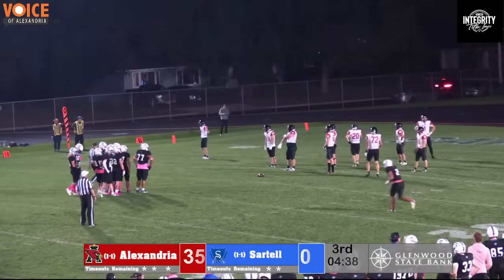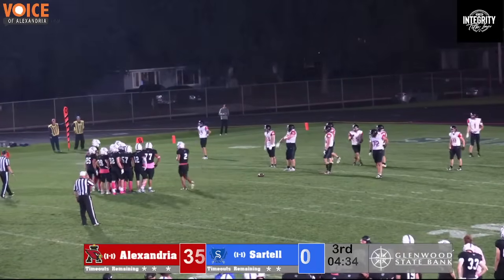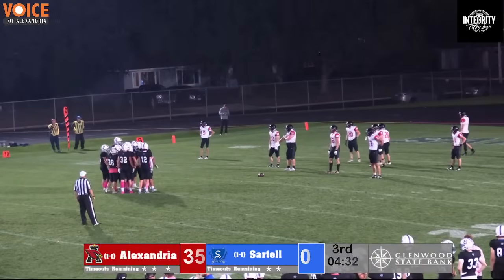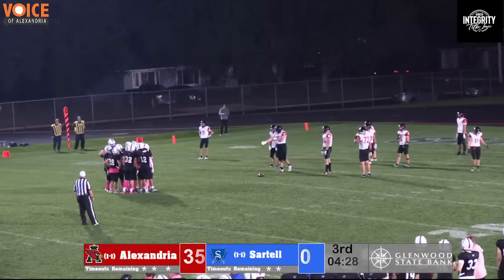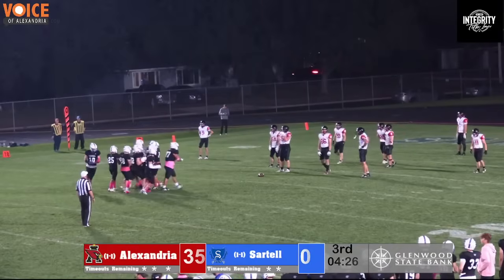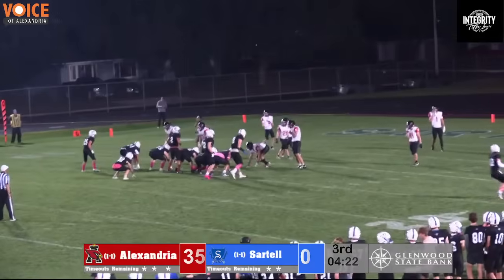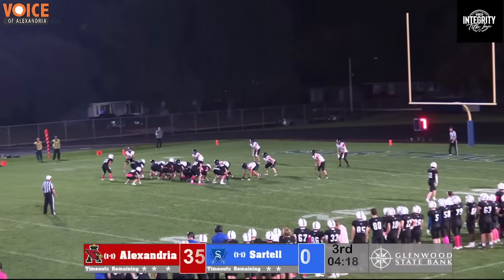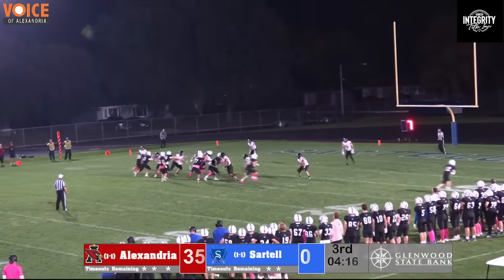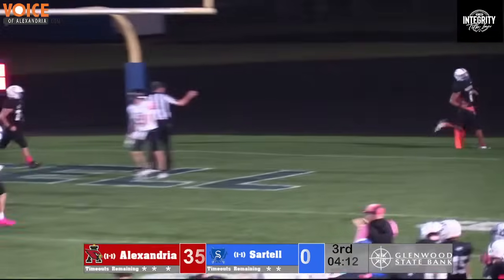This has been a good-looking drive for the Sabres, but so far Alexandria has kept Sartell off the scoreboard. The Sabres need 13 more yards of real estate to get those first points of the night. They got down there this deep once in the first half. Let's see if the Cardinals can come up big again. It's likely 4-down territory. Alex Bird under center. He's going to sneak, and he's going to scamper up the middle, and he's into the end zone for a